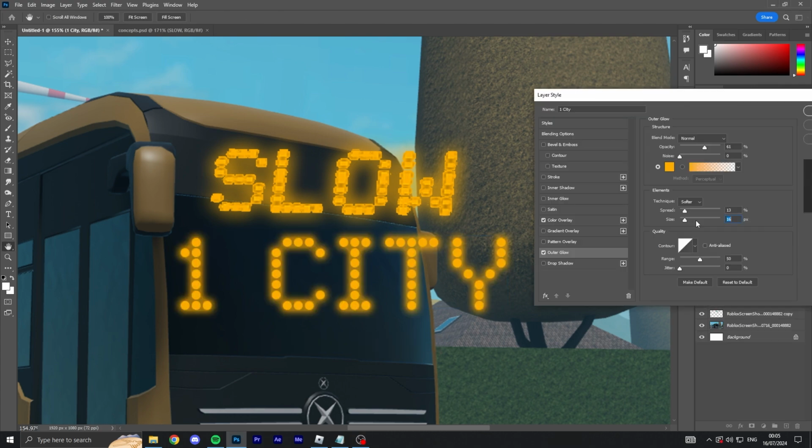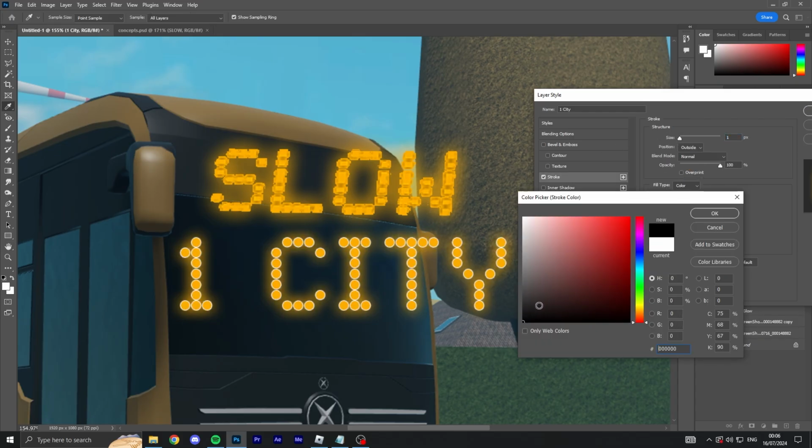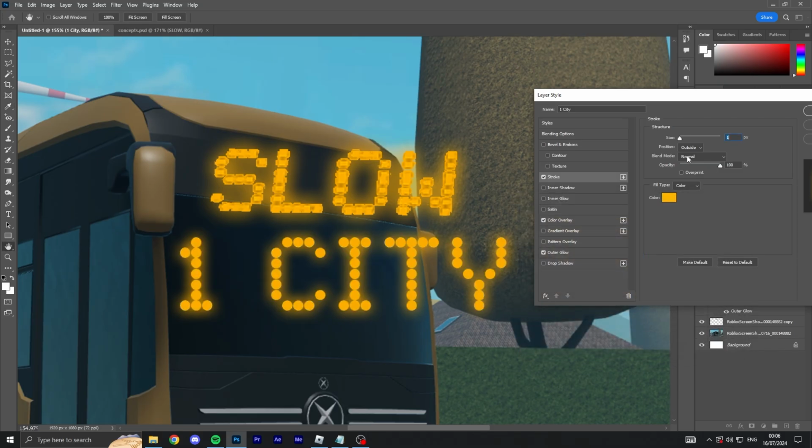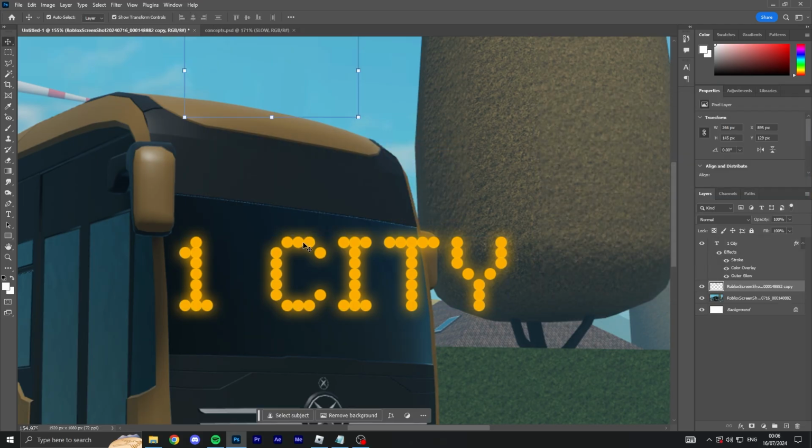All right, just messing around with the glow here. I got it pretty damn similar, so should be good. Just mess around with these settings a little bit. There we go, very good. And I believe I applied some tiny little stroke as well, or something. I can't really remember, to be honest. I think it was just like this. So yeah, pretty good stuff. Yeah, it was just something like this. Okay, alright, there we go. That's pretty much exactly what I had. So we can get rid of that now.